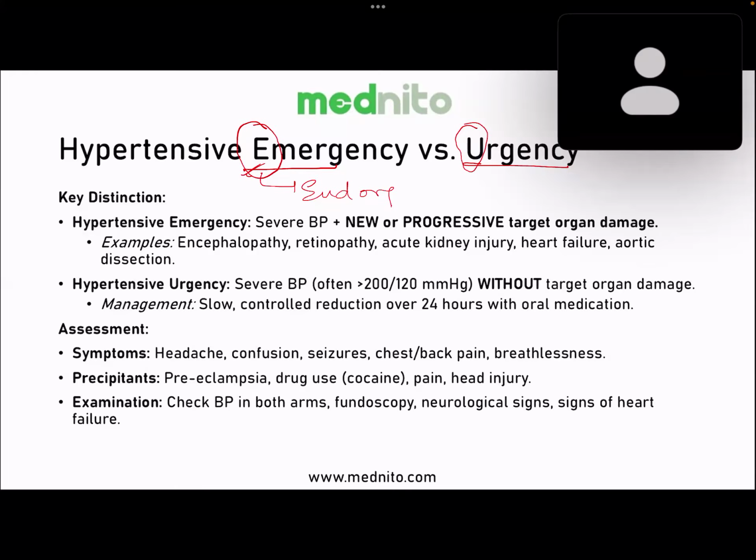If the eye is involved, blurring of vision is usually caused. Loss of visual field defects is usually seen in hypertensive emergency. So for a lifetime, you'll have to remember that whenever there is a hypertensive emergency, end organ damage is involved. If it is an urgency, there is no end organ damage, but the patient needs to be treated urgently in order to prevent end organ damage. That is one thing the examiner can ask you.